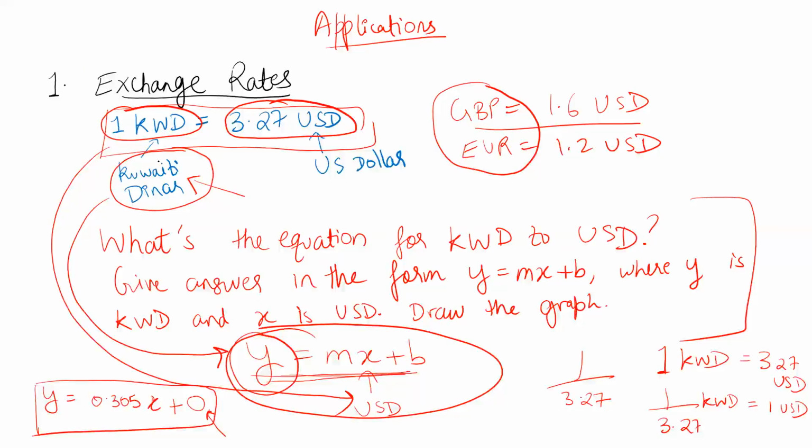We divided by 3.27, to get that inverse relationship. And then we got 0.305, which is equal to 1 over 3.27. We found the equation. We wrote y equals 0.305x, and here, of course, y represents the